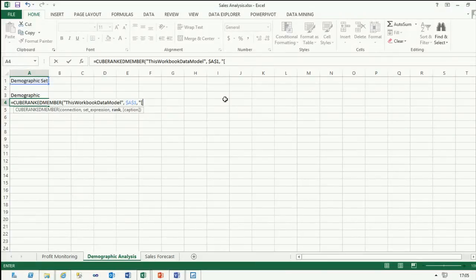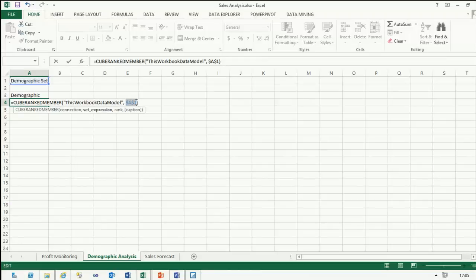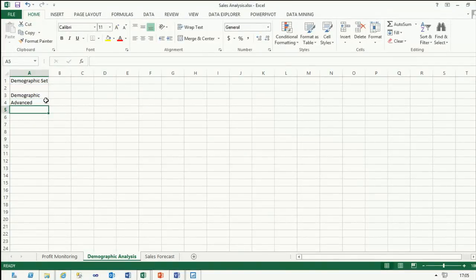And then using the IntelliSense here, oh no, that's fine. That's what I wanted. Jumping ahead, cube A1. Which rank from the set do you want? So typically I want just the first item. The next row will be the second item, third item, fourth item. Creating a template, if I use the row function, the row of A1 is 1. The row of A55 is 55. So this template then will work for the first member, and as I copy it down, there's the other 5